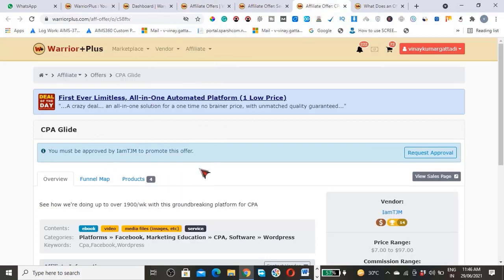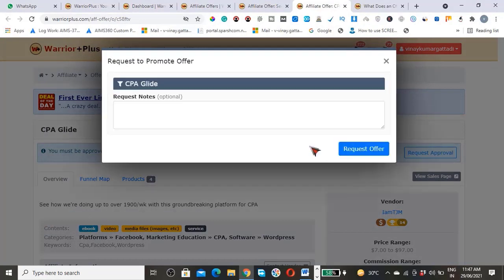You will redirect to this page. Now you can see here it is a request approval. You just click on this request approval button, and when you click on it, it's going to show you request notes. And this is kind of an important form, because since you have a new account on WarriorPlace and